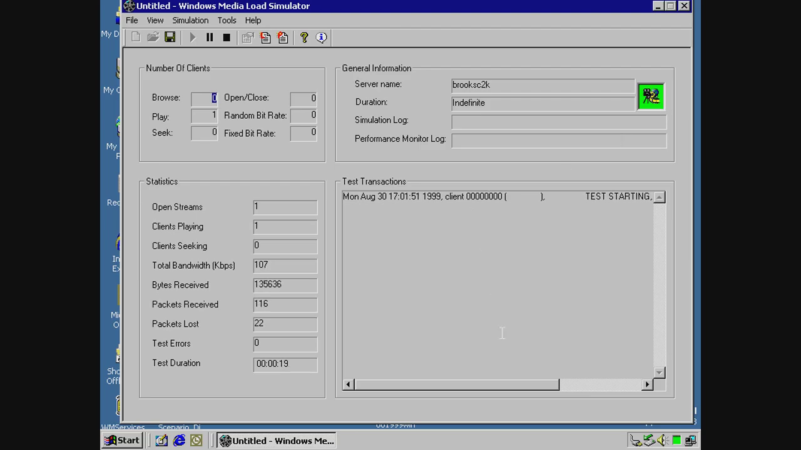Down below, under the Test Transactions window, I can see detailed information that will also be put out to the log file, indicating any problems that may be coming up, or in this case, just saying that the test started up with no problems at all. Finally, over in the lower left-hand corner, we have the statistics window showing how many users are currently connected, how many users the tool is simulating, the total bandwidth that's being used, and the total amount of bytes received, and packets lost during the transmission itself. So this is the Windows Media Load Simulator. This is available for free download today from